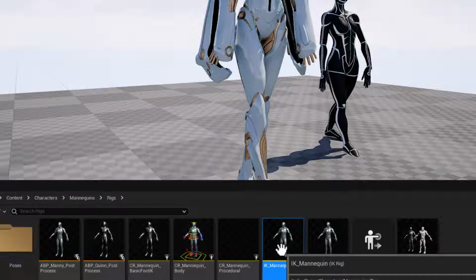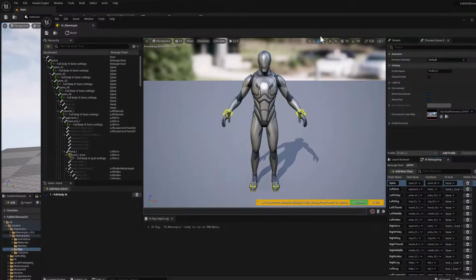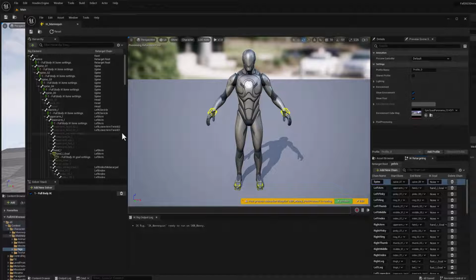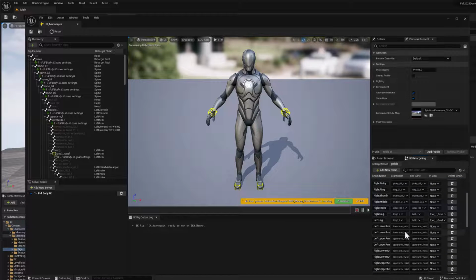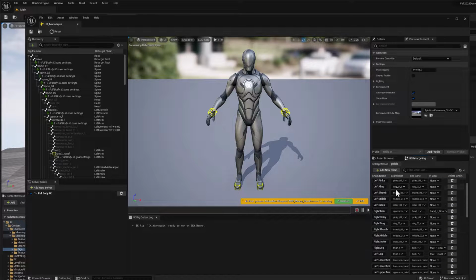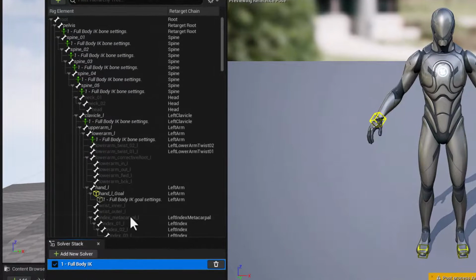Double clicking here, we'll open up the IK Mannequin rig, and what we see is rather than just joint chains, and of course there's lots of them here, we already know how to set these up, but instead let's take a look at our hierarchy here, and you'll notice that not only do we have a full body IK solver here, but there are IK goals, and there are also bone settings here. And these are the things that we want to model off of when we're setting up a new IK rig